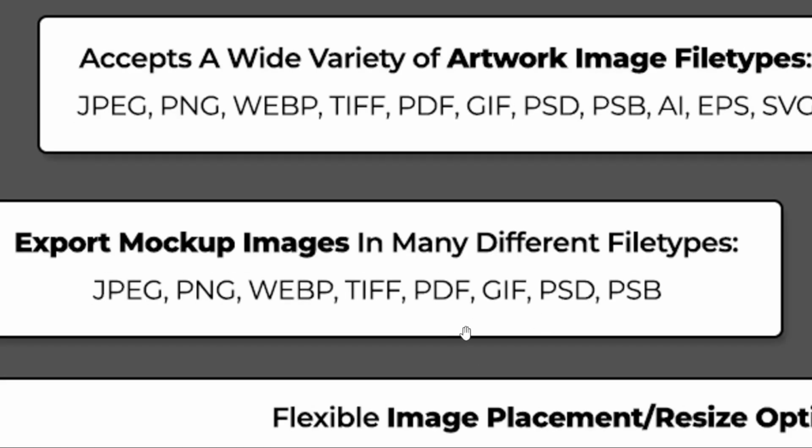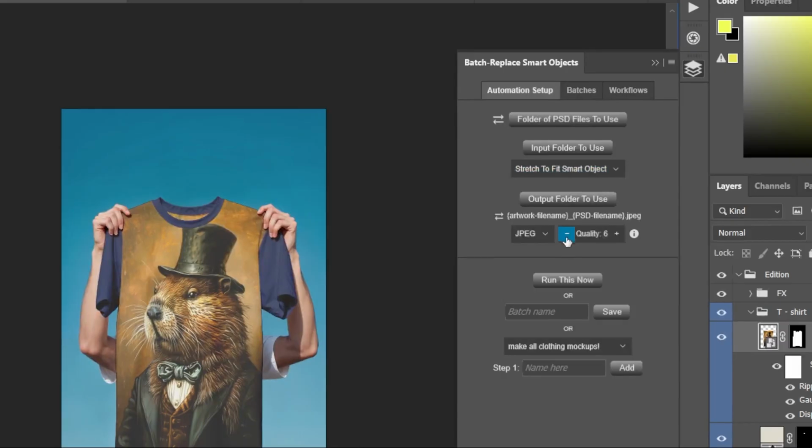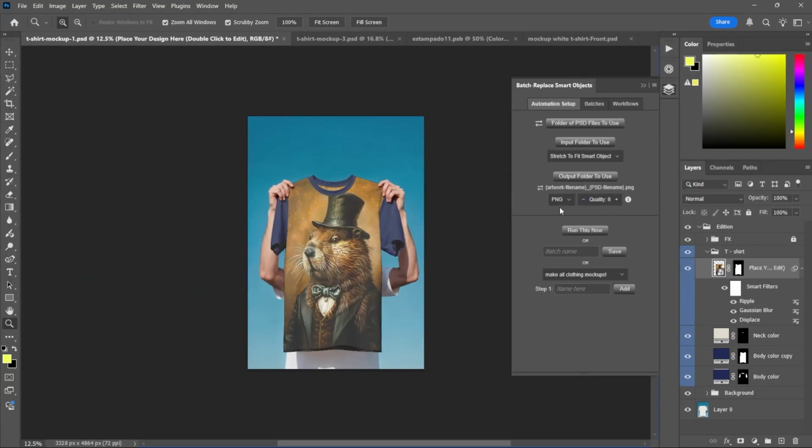And then the export file types, there's a lot of options available as well. So if you want to export as PNG, as JPEG, as WebP, there's a lot of options to choose from here, and you can also customize the save quality. So if you want really high quality images, you can increase this, or if you want to apply compression so your file sizes are smaller,